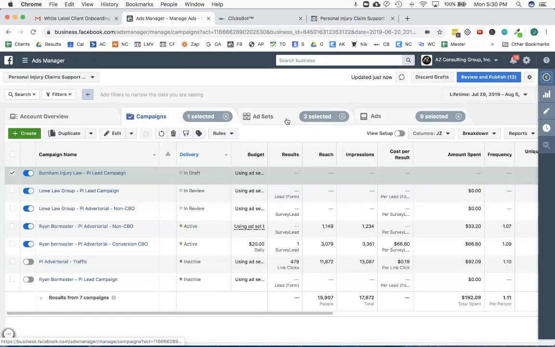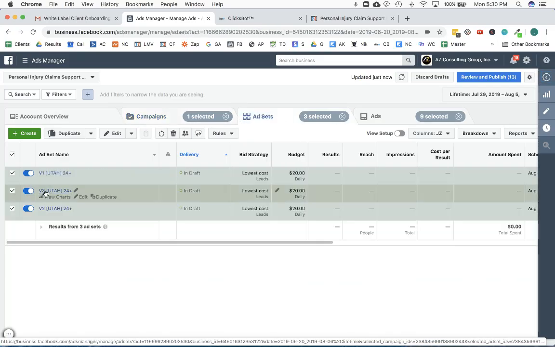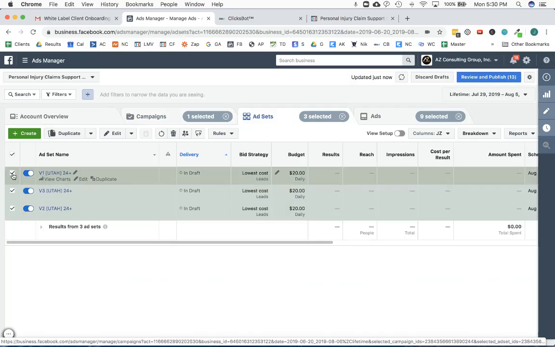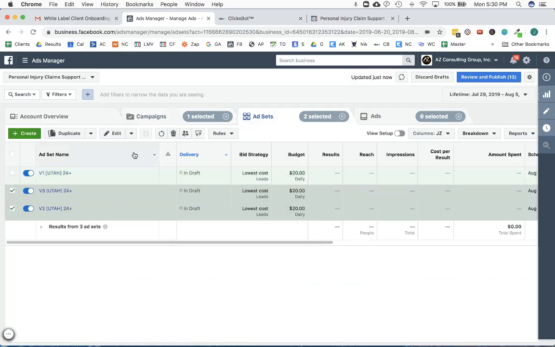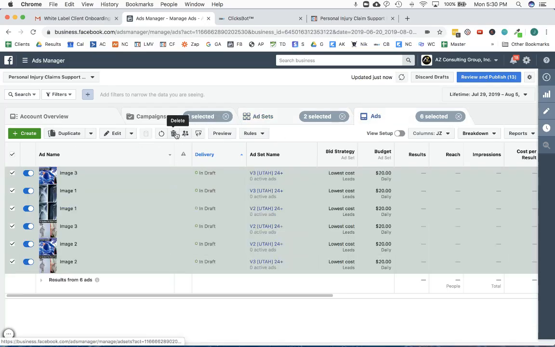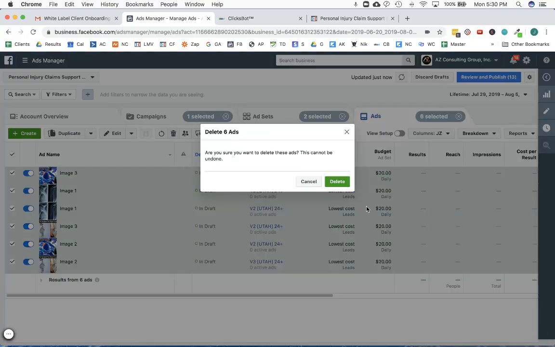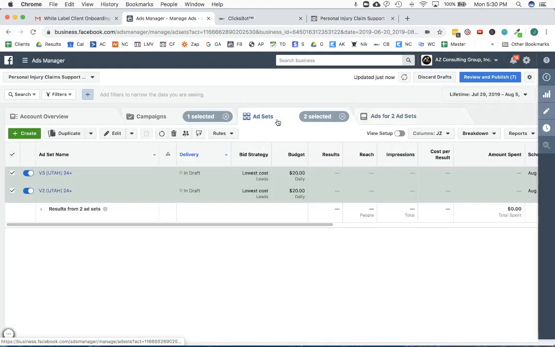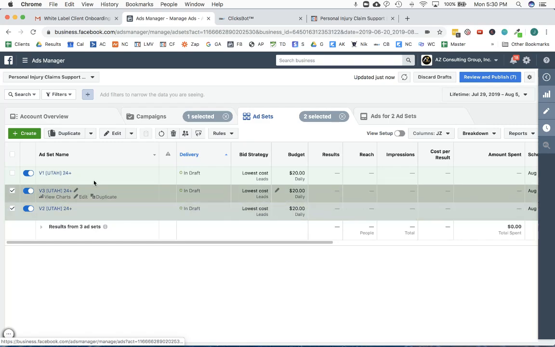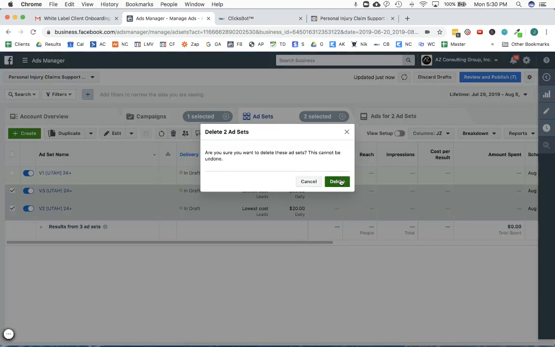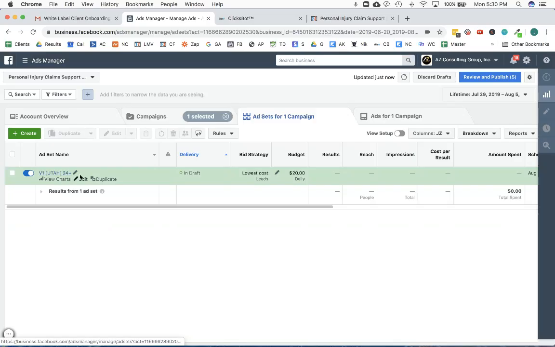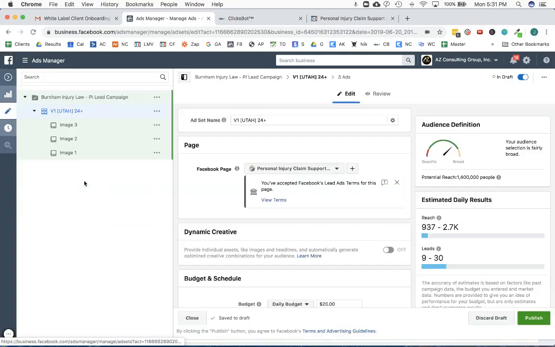Now navigate to the ad set level, and let's delete V3 and V2. So just uncheck V1, and let's go ahead and delete the ads as well. So go to the ad set or the ad level. Let's go ahead and delete all these. Go to ad sets level. Let's delete those ad sets, and then we'll just end up cloning this V1 after we make the changes. So click on edit,